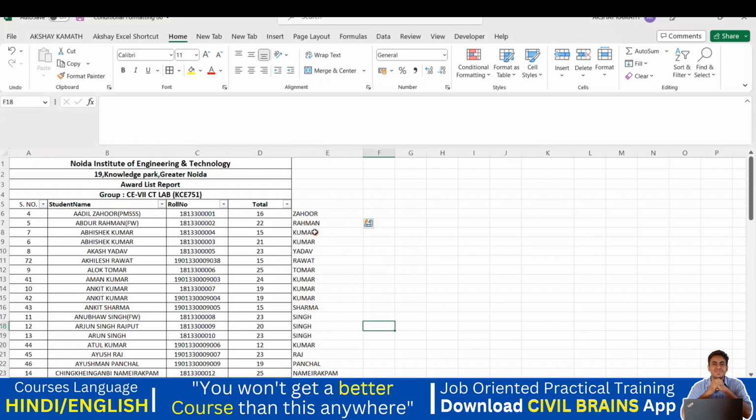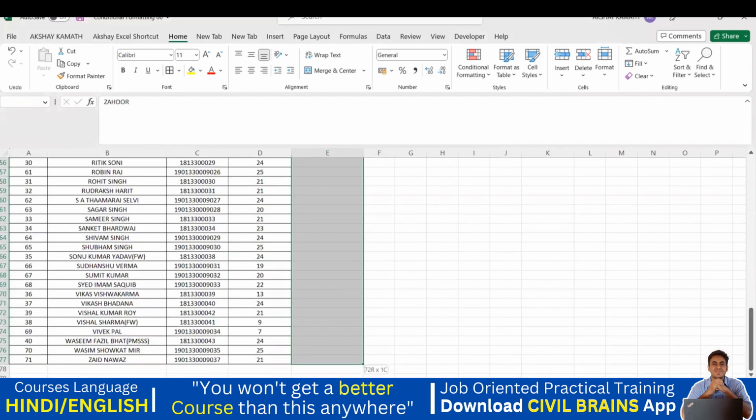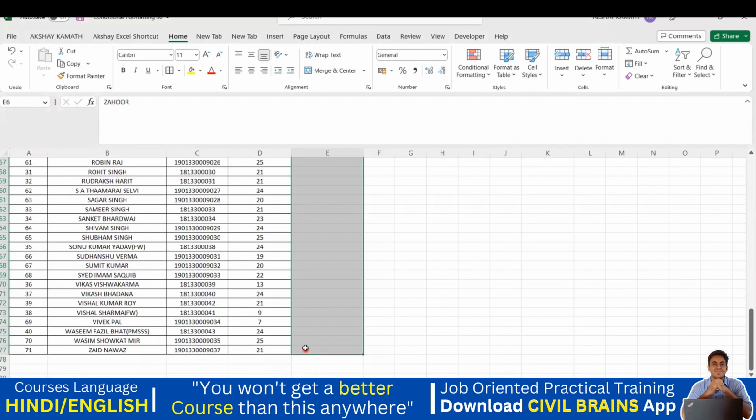Now what I did, I'll give you an example. Since I gave Excel 3 trends, that's Zahur, Rahman and Kumar, Excel understood maybe this guy is looking for the second word. That is why Zahur, Rahman, Kumar. And after that it was able to give me the answer. Now if I don't give this Kumar and this Rahman, and if I try to drag it in this way and say Control E,